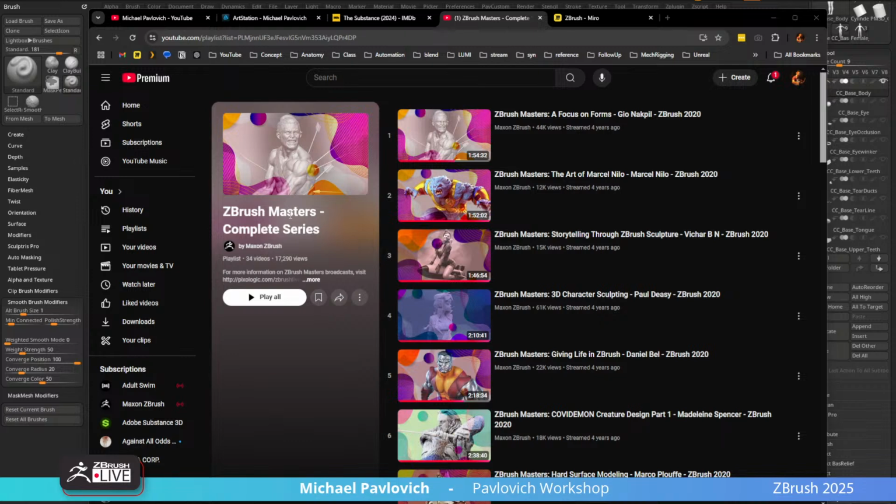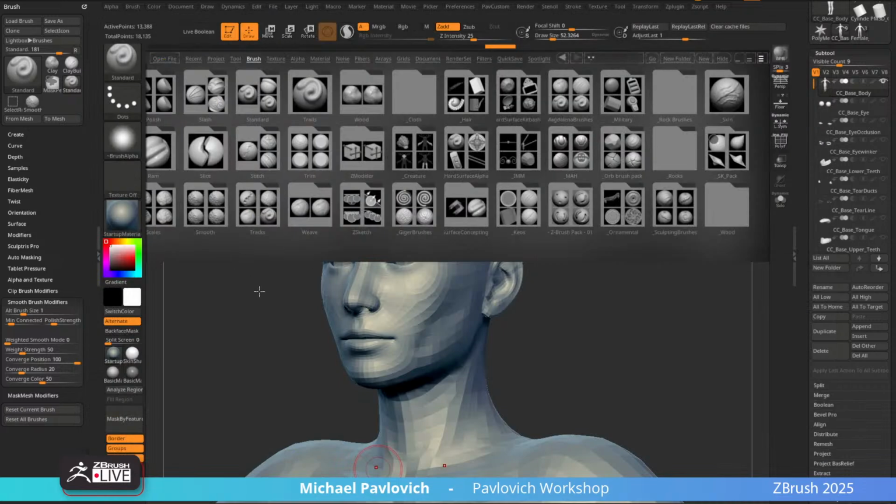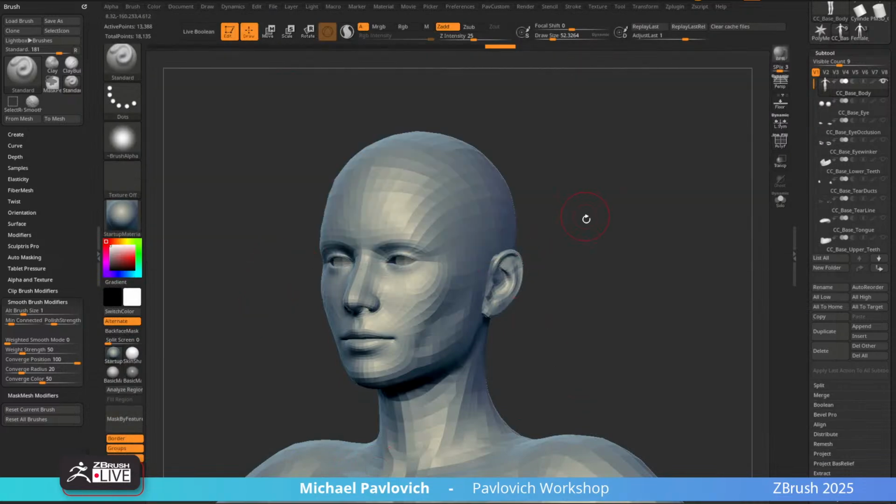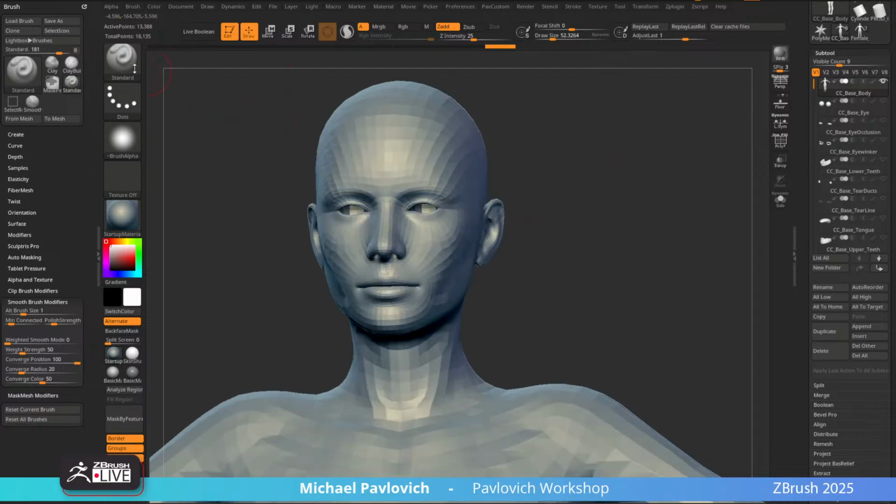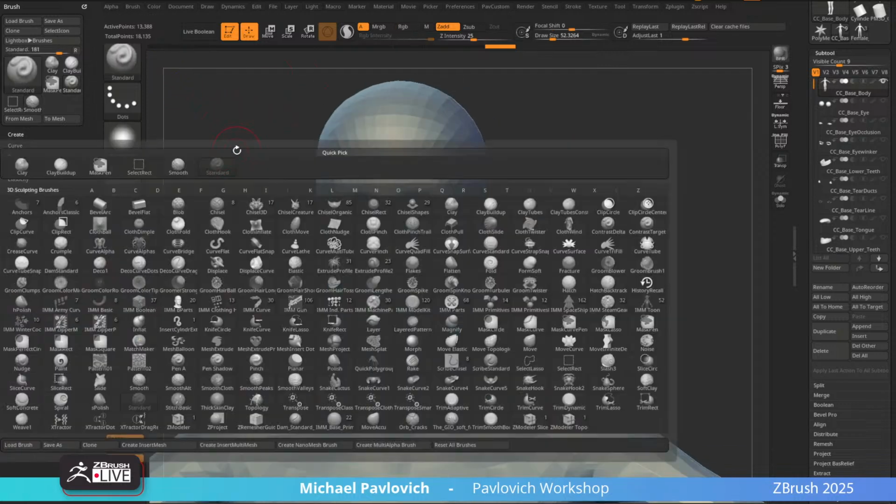Oh yeah, so the Wild Noodles brings up a good point. We saved over our default smooth. Now, if you want to keep your smooth brush, or in my case, if I hit B, you're going to see I have some extra ZModeler brushes in here, a move brush with Accu turned on. So I still have my regular move brush, and then I have an extra type of move brush